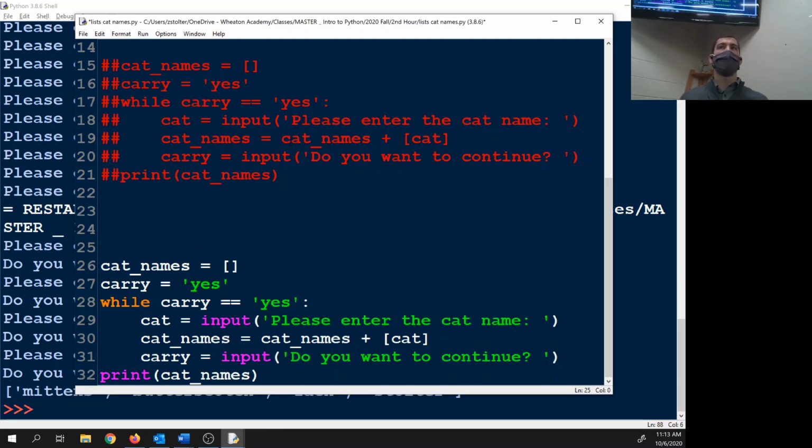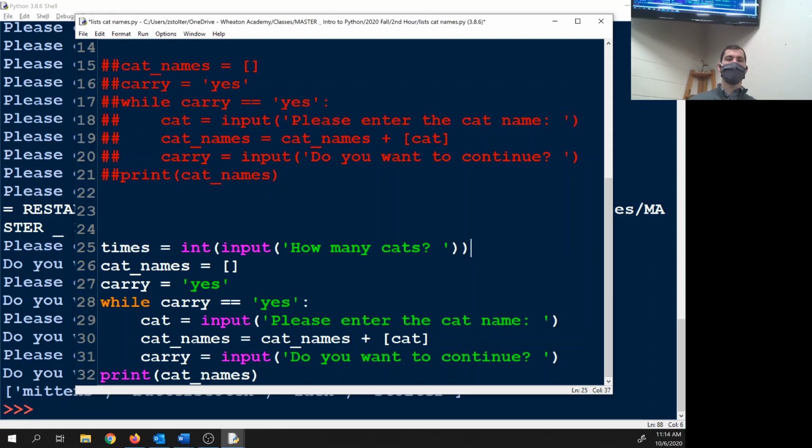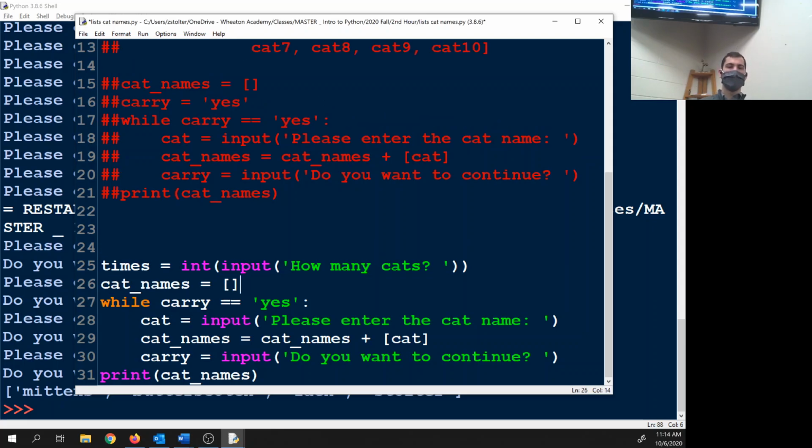If I need a number, so how do I get a number? How many cats do you have? There we go. So we do times, or whatever, is int, I think, of the input: how many cats. Now what do we do? Do I need carry? So I'll get rid of that. Now instead of this while loop, what do I put? For